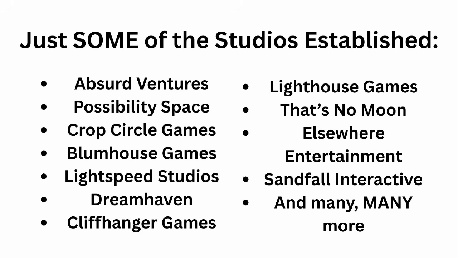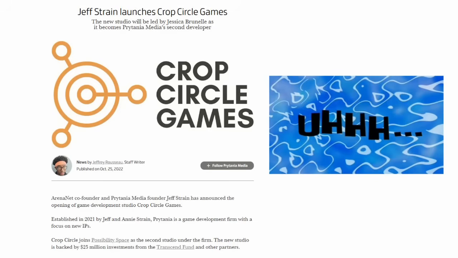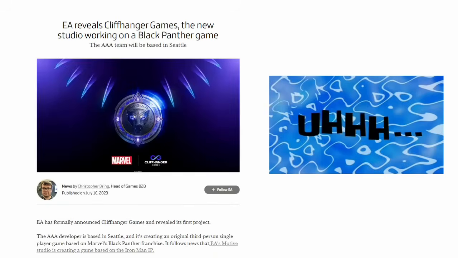You'd see a lot of new studios spinning up. It's usually, oh, a studio made by veterans of Riot and Naughty Dog and Bungie. It's usually big names, right? And the press releases from this time were kind of crazy, because they were like, oh, this studio that was made by some veterans from a couple of game studios magically was able to acquire millions and millions and millions of dollars of investment. And it was a